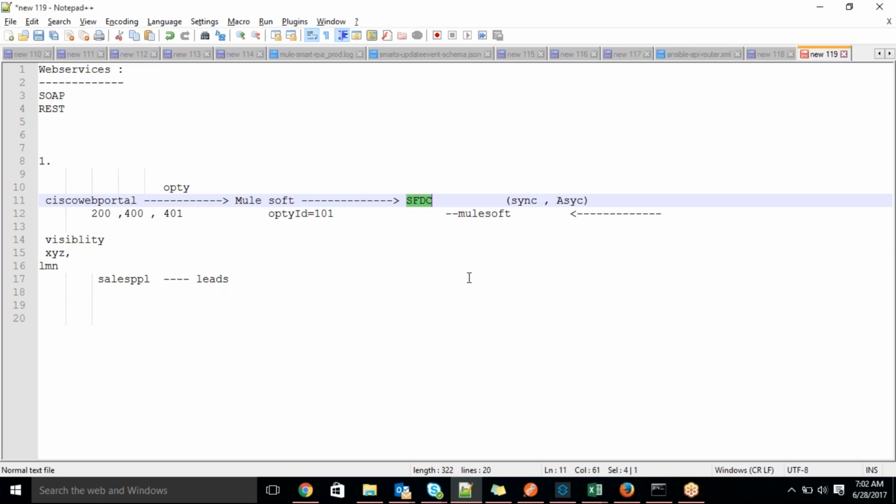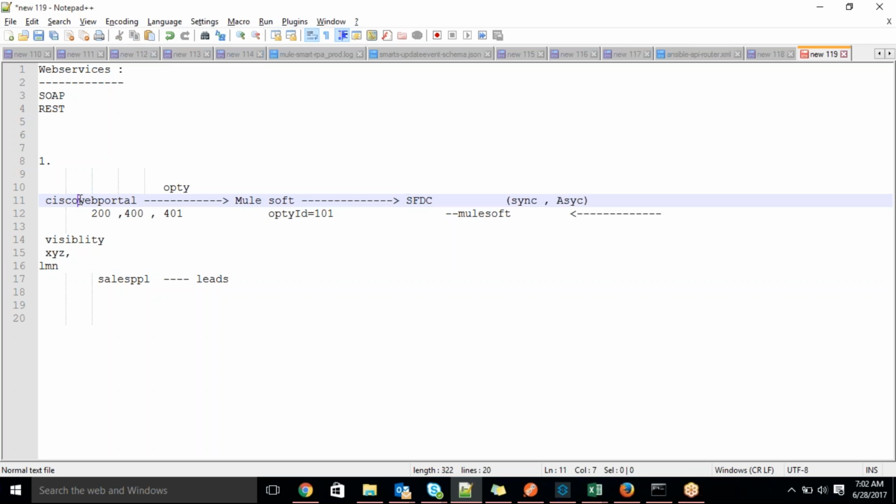But Cisco exposed it as an API. That is a SOAP API. They exposed it so anybody can create their client code, right? So here is the client code we need to create. Based on the SOAP API, anybody can access their API, okay, the SOAP API. Then they are able to create an opportunity. They have a provision to create an opportunity. So like this, if you see here, it's kind of many to one, right?